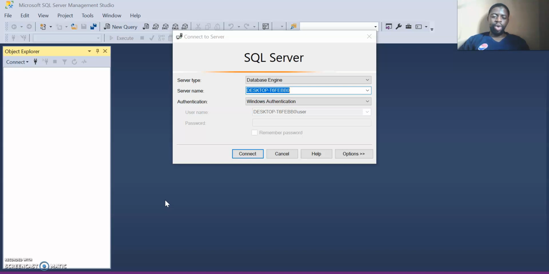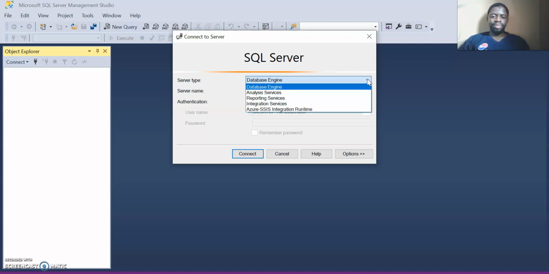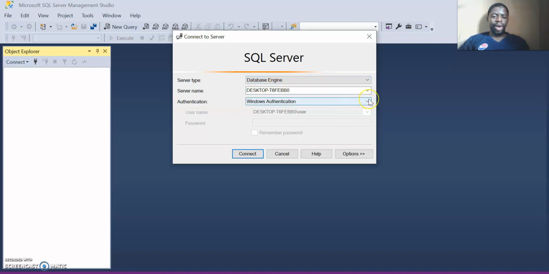I'm actually working on a local server. I'm not connected to a live server. If you want to connect to a live server, what you're going to do is, first of all, click on this, and you're seeing that this is like a local server, a local repository on my system. And then you see that I'm using the database engine from the SQL Server. And also, how do I authenticate?